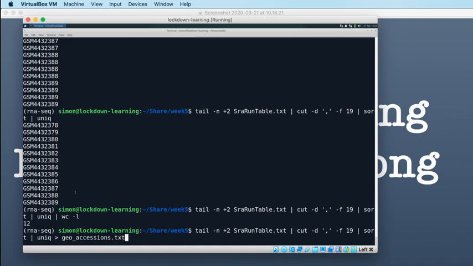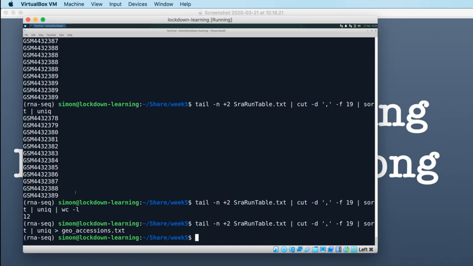Okay, so we're just redirecting the output of those 4 commands chained together by pipes into a file, which we're calling geoaccessions.txt. That has pulled those geoaccessions out of our table, and then if we can just check that file contains what we expect it to contain,